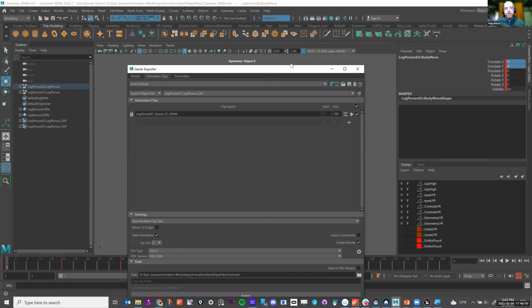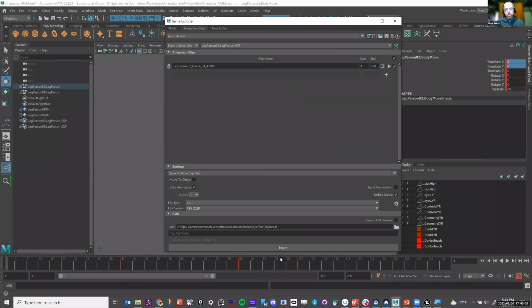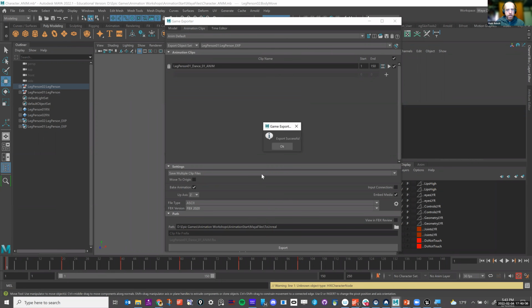Now, the key to know if your animation worked is when you hit export, you see the timeline going a little bit and you see this thing chugging. I don't have that many keys, so it really just did it pretty quick. But if you don't see Maya working a little bit, chances are it didn't work. And while we're here, we'll also export out version 2.